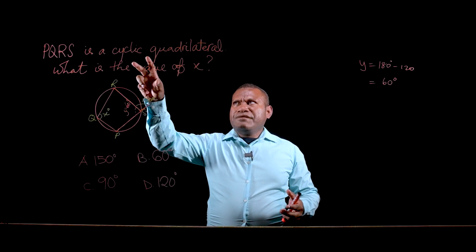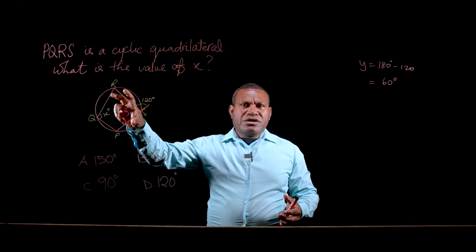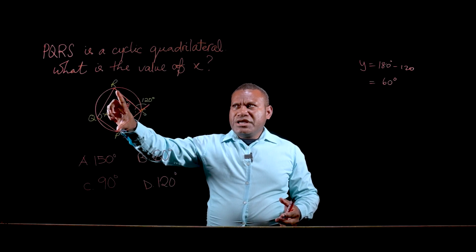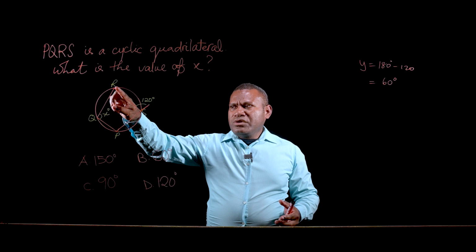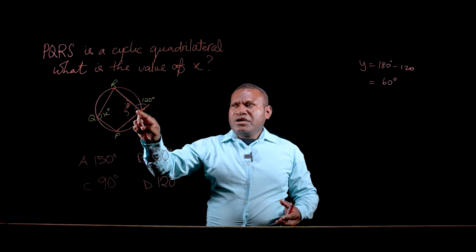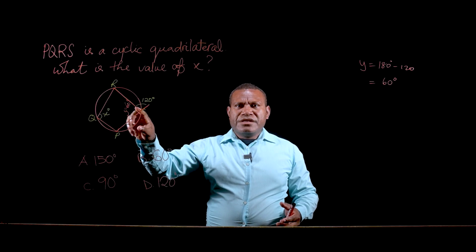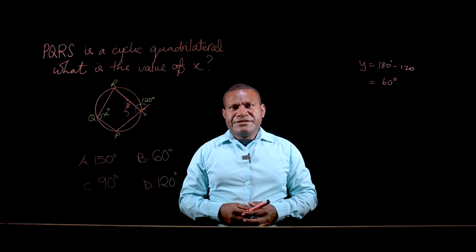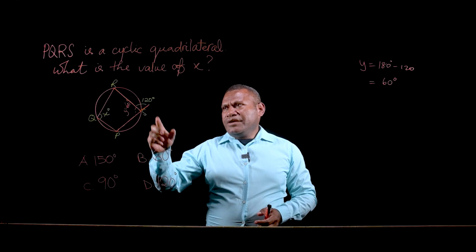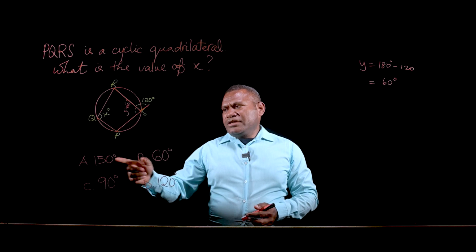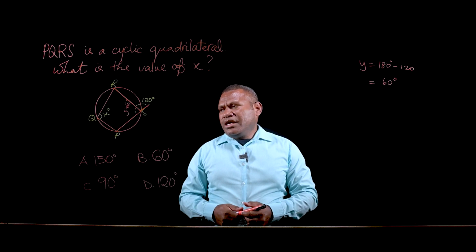Now from this, we can use the property of quadrilaterals that are inscribed in a circle. If you inscribe a quadrilateral in a circle, the opposite angles are supplementary: R will be supplementary to P, or Q will be supplementary to this angle S. They will add to 180. Right, so if this is 60 degrees, then if you look at the first option here,